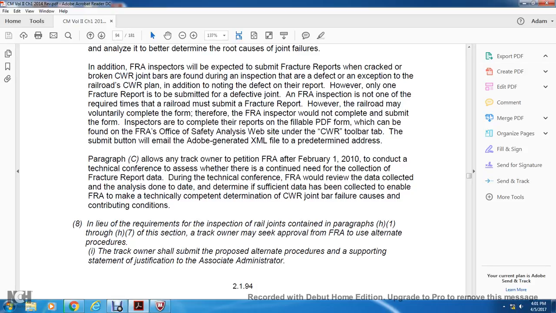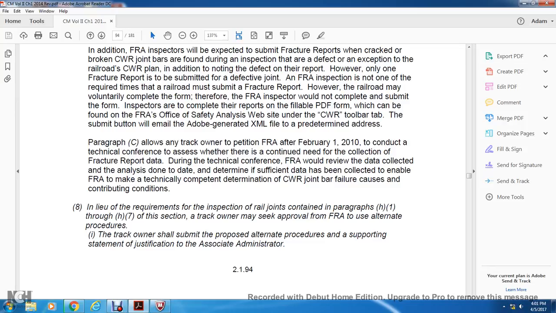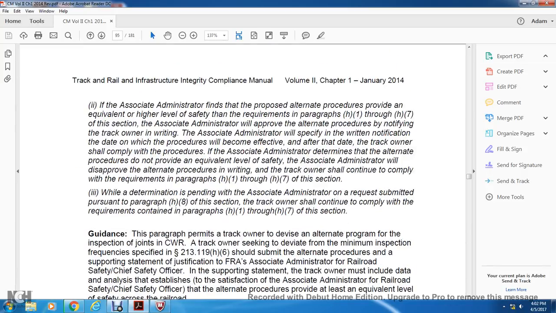and the contributing conditions. In lieu of the requirements for the inspection of the joint bar or joint railroad junction in paragraphs H1 through H7 of this section, the track owner may seek approval of the FRA to use an alternate procedure. 1. The track owner shall submit the alternate procedure, a supporting statement, and justification to the Associated Administrator. 2. If the Associated Administrator finds that the proposed alternate procedure provides an equivalent level of safety to the requirements of paragraphs H1 through H7 of this section,